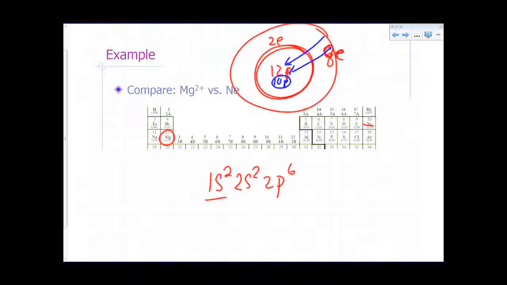So magnesium will have a higher ionization energy than neon, although they have the same electron configuration, because your magnesium with a plus 2 charge has more protons in the nucleus. There's a greater effective nuclear charge pulling in those electrons from